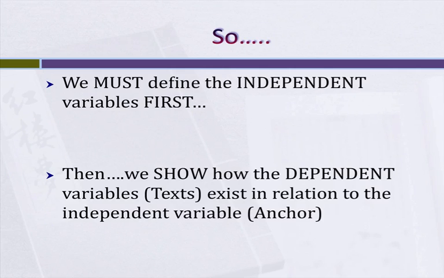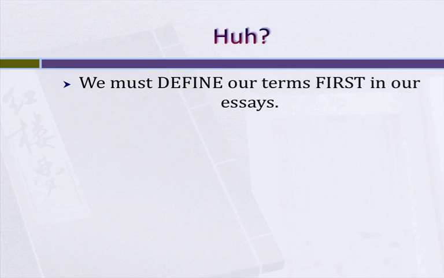And so to try and tie this all together, what does this mean? We must define our independent variables first. We must define what those mean for us as a writer, so that way we can say to our reader, this is what we mean when we say simile. This is what we mean when we say foreshadowing. Once we have defined that, we call that the anchor. That's our anchor text or our anchor idea. Then we can write about these dependent texts, the very specific things we're asked to write about, or the comparison. Then we have provided some frame of reference for our new writing. And so the biggest thing, if you boil it down to one sentence, is we must define our terms first